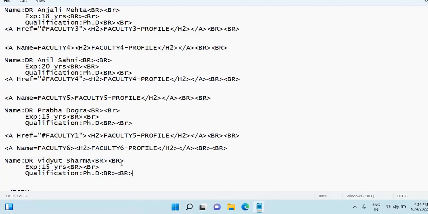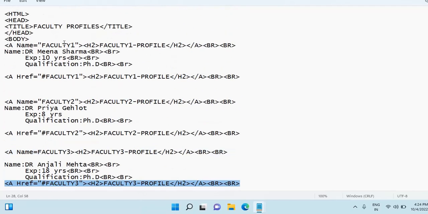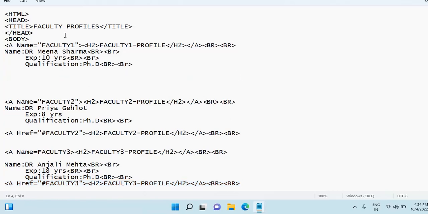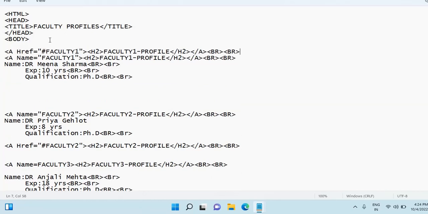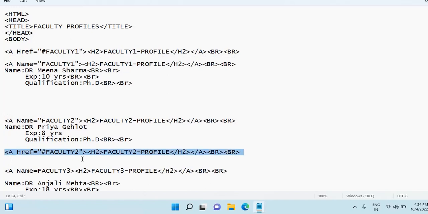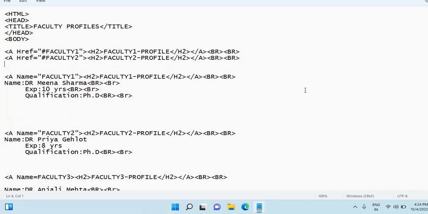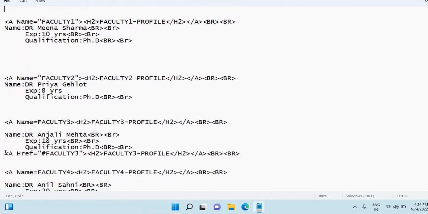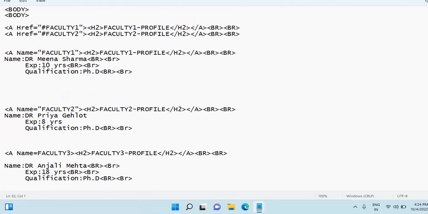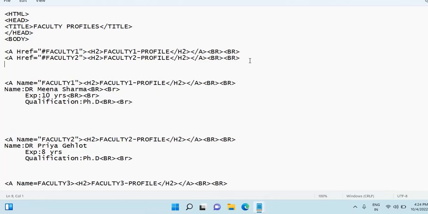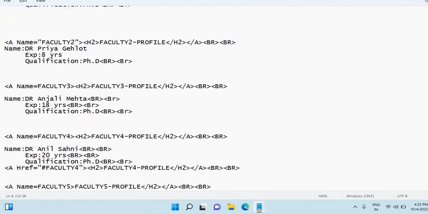Now I want all the hyperlinks to appear together. Now this way they will appear separately. So what I do, I put all the hrefs together on the top. So I say a href. This for the first faculty. First of all, I put it on the top like this. Then for the second faculty also, I put it here. Then for the third faculty also, I put it there only, like this. For the fourth faculty,